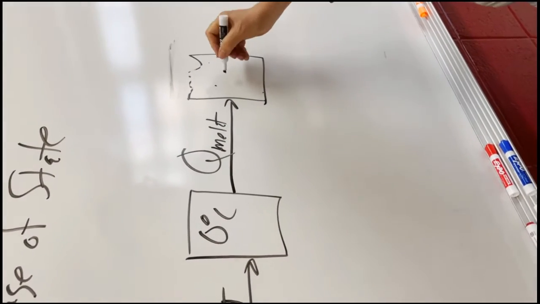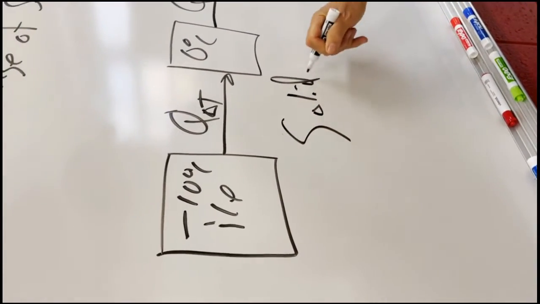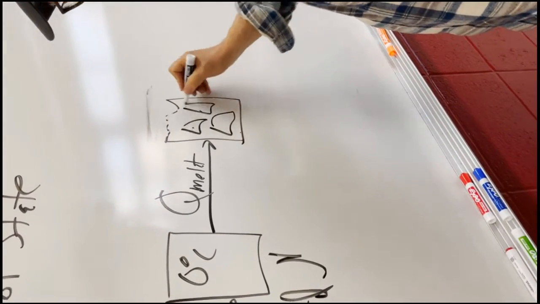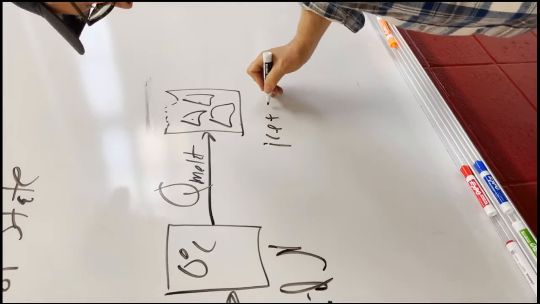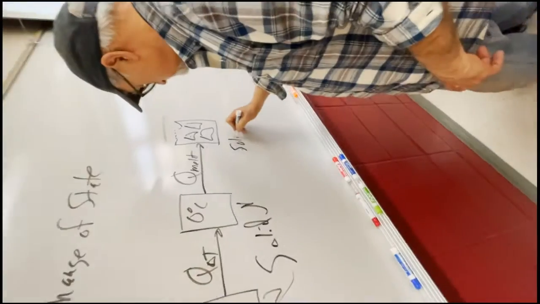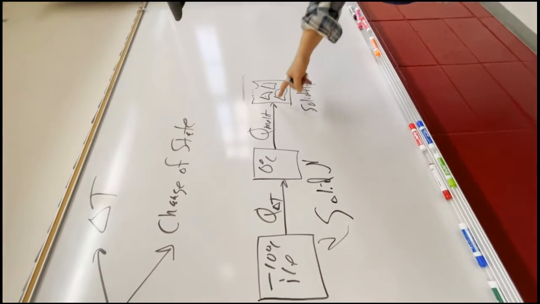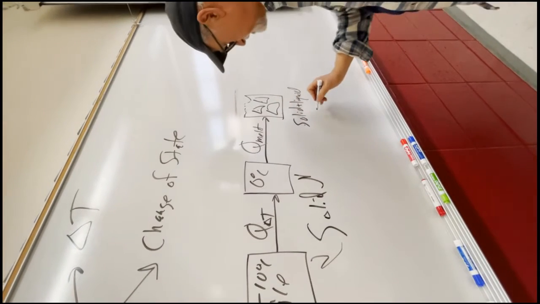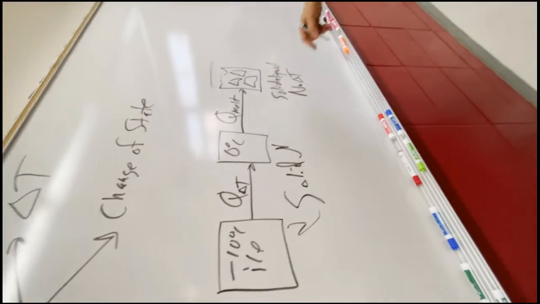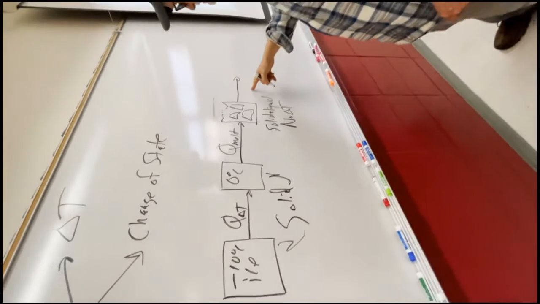There's solid plus liquid. Okay, and as you're melting it, all the heat goes to the melting, no change in temperature, no delta T. Okay, and then you keep putting heat in, once it's all melted,